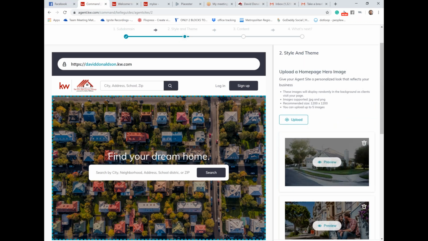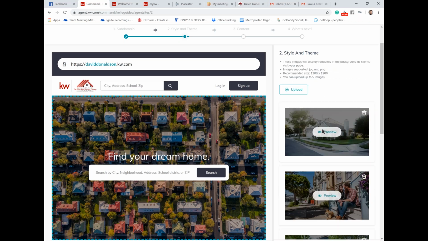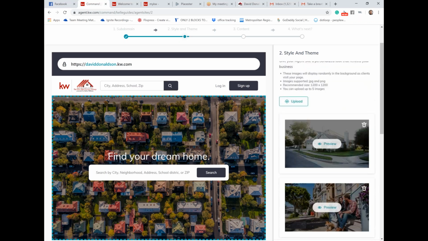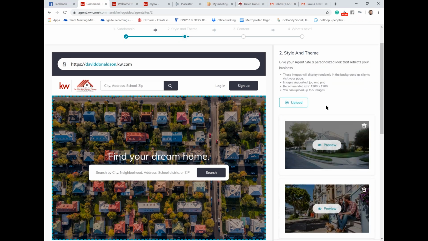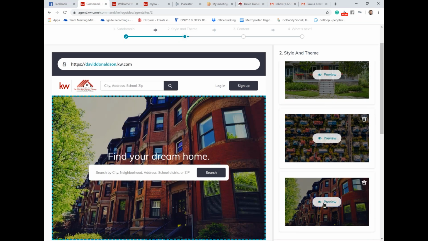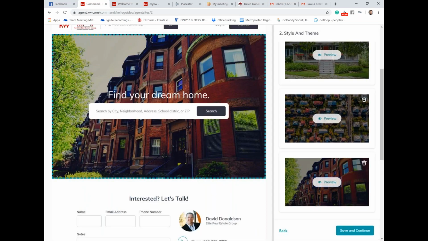Mm-hmm. Then right below that, you're going to see some homepage images. So right now we've got this drone shot. And then on the right-hand side, you'll see there's a series of photos, about 5 there. And it says you can upload 5. So you can actually delete these and upload your own. This last one is one that I uploaded that I had gotten off a website called Pexels. So I'm going to drop a link in here to remind you guys that you can utilize the Pexels platform or any other freemium sites,